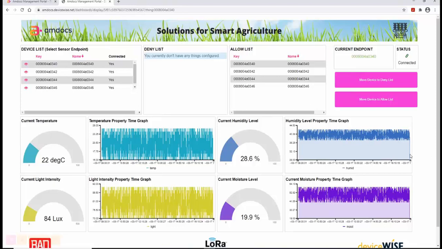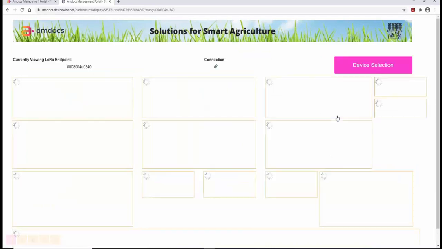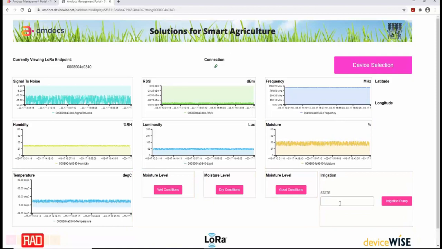But right now we're in a low moisture state, and once we get past the low moisture state, we will take action on it. Since we have a notification, we can act on that. So I'll go back to our control environment. We'll pick that sensor area again, and now we'll take action to enable the irrigation. When we do that, effectively what we're telling the system is, okay, now start up the irrigation pump, start the irrigation in that particular sensor area where it's been identified as being in a low moisture condition,